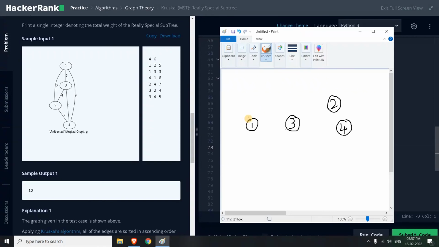So each parent is denoted by like this. I'll just take this as a parent. So 1 and 3 do not belong to the same parent, so we will be just forming an edge here with the total weight of 3. So I'm just marking the weight here, so we will add it later. So currently 3 is added, and this is one full subset, and after that we have 4,